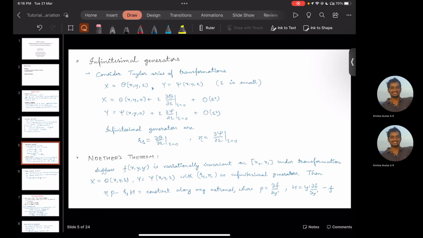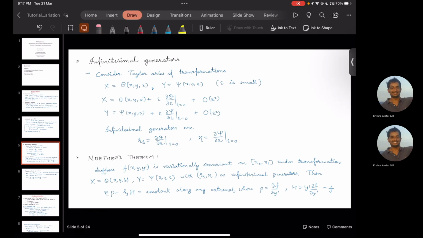Now let's rigorously define and state Noether's theorem. Noether's theorem states that suppose our integrand of the function f is variationally invariant on the domain x0 to x1 under the transformation capital X equals theta and capital Y equals psi, with xi and eta as infinitesimal generators, then eta p minus xi h is equal to constant along any extremal,